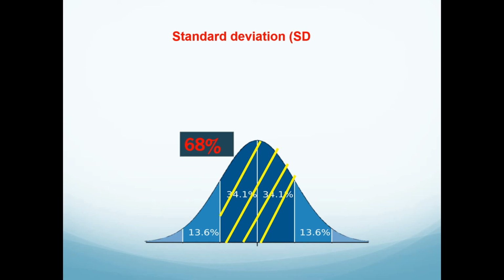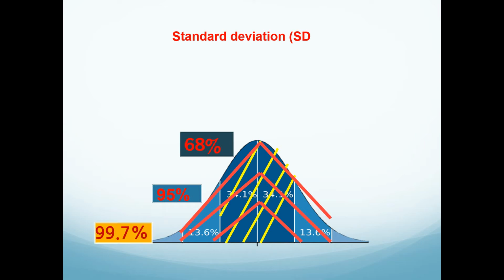When we are talking about the second standard deviation, we are talking about 95% of the sample being located plus and minus. So the range of one standard deviation above and below the mean, plus or minus one standard deviation, includes 68% of the values. The range of two standard deviations above and below the mean includes 95% of the values of the sample. And if we are talking about the third standard deviation, we are talking about 99.7% of the sample.